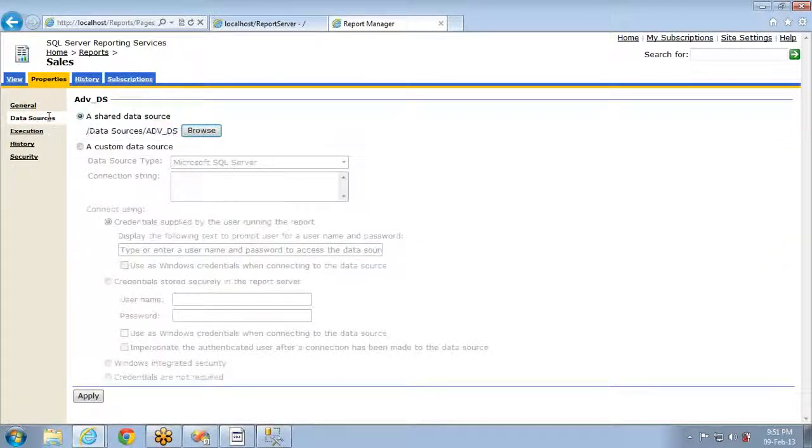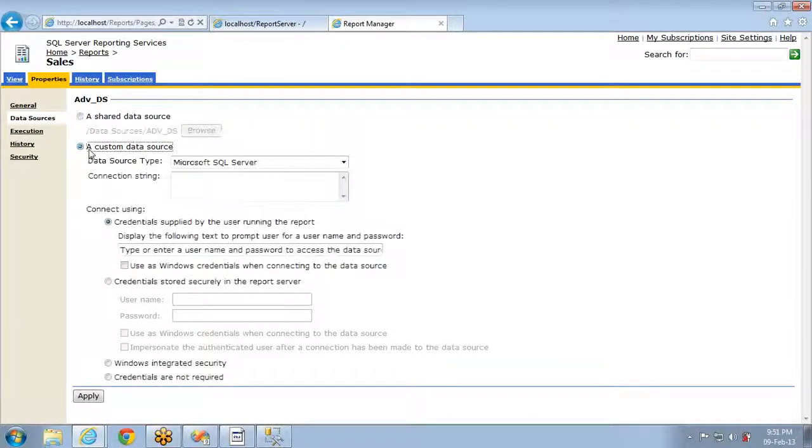And the next page is data sources. What is the data source? It is using a shared data source that is present somewhere, that is copied into the data sources folder and ADV. If you want to provide a custom one, you can provide it here. And the connection string, I think it is still there in my clipboard. I copied it, and the same credentials. This is called an embedded one. I think you still remember it.